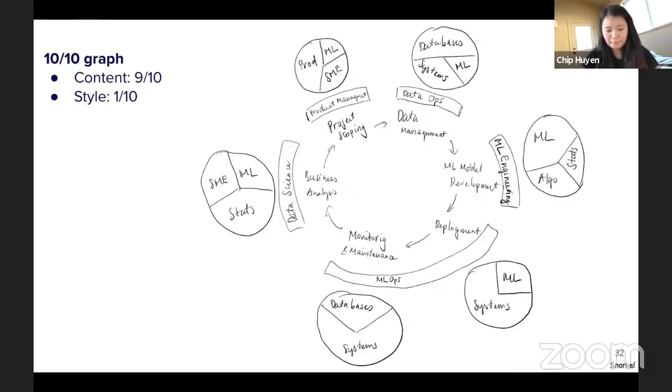So I have several hypotheses on why there's so much confusion between data science and machine learning. To start, data science is when you use statistics to look at the data and generate business insights. Data science has been around for a long time, and when people started looking into machine learning,